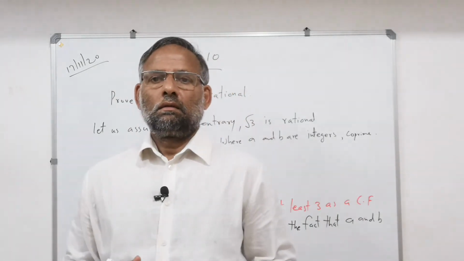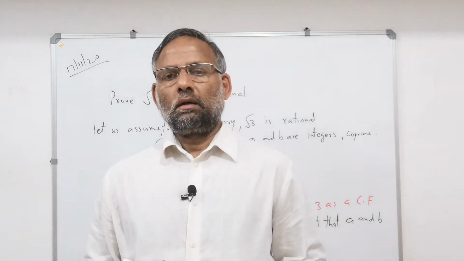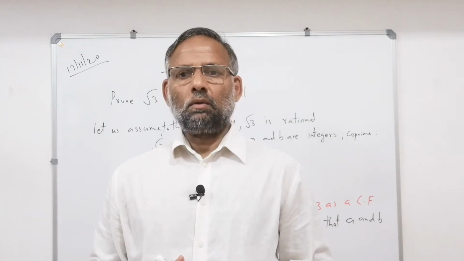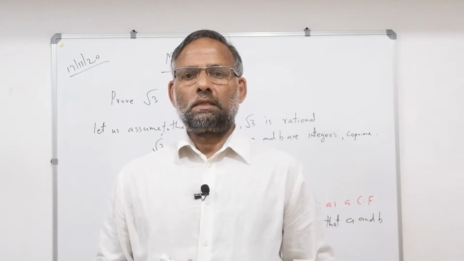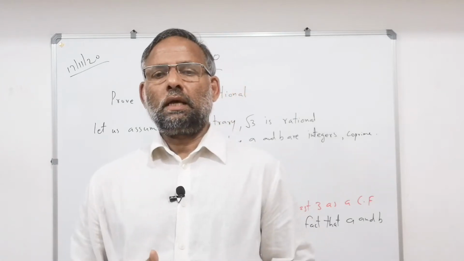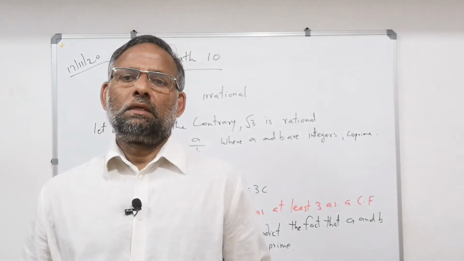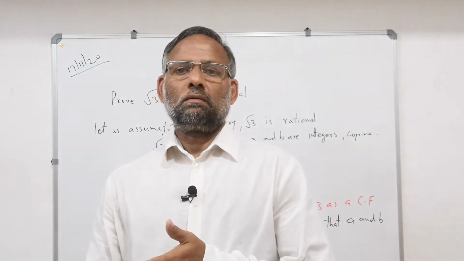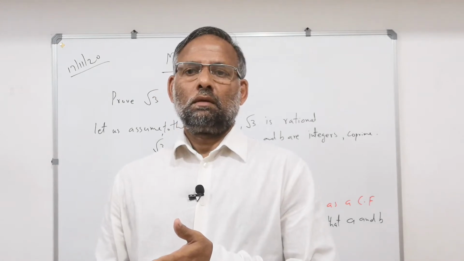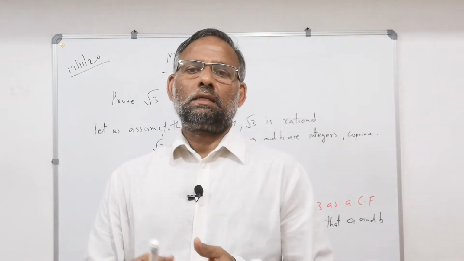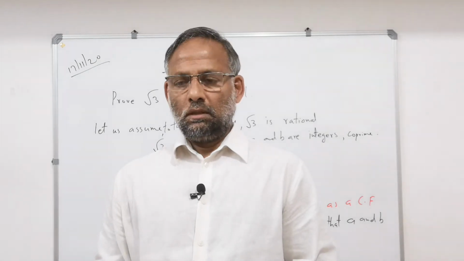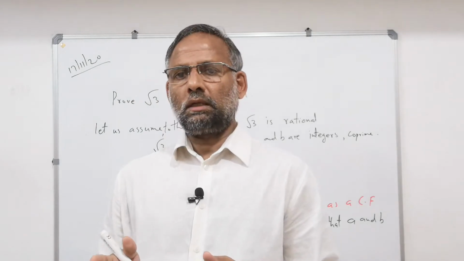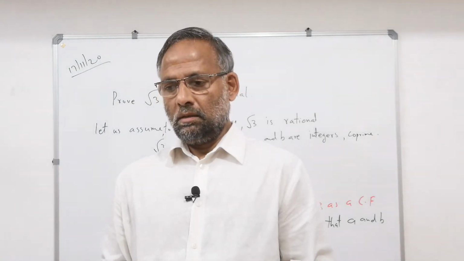Hi children, today we are talking about how we can prove root 3 is irrational, or root 2 is irrational, or root 5 is irrational. Sometimes 2 plus root 5 is irrational, or 5 into root 3 is irrational. Now listen here. If you can prove that root 3 or root 2 is irrational,